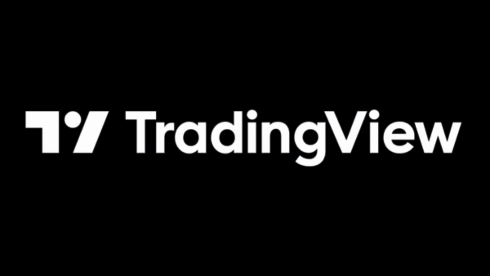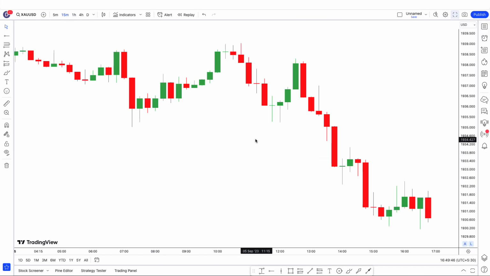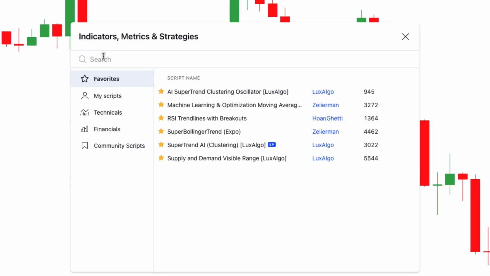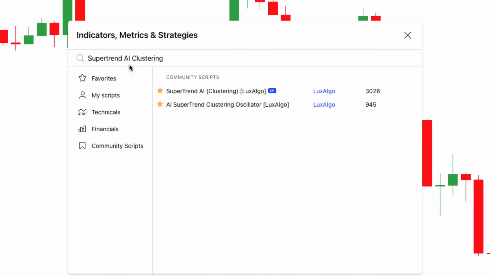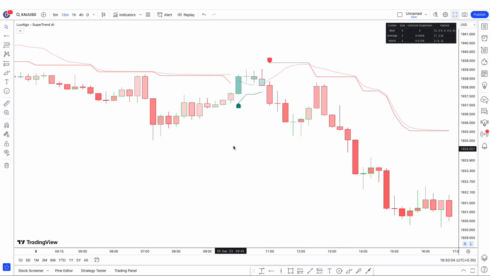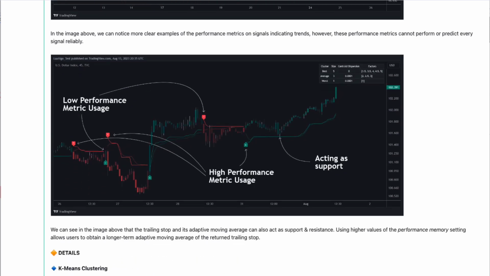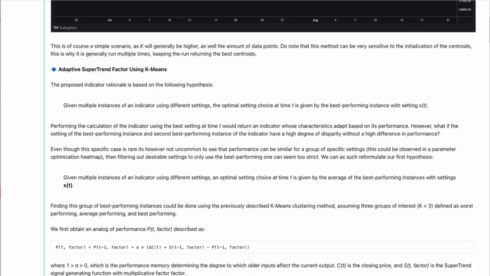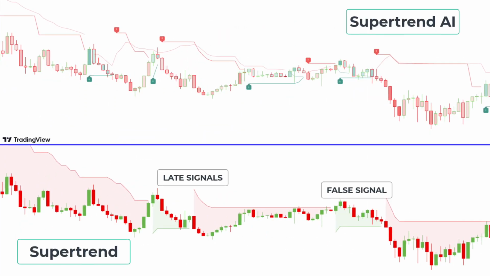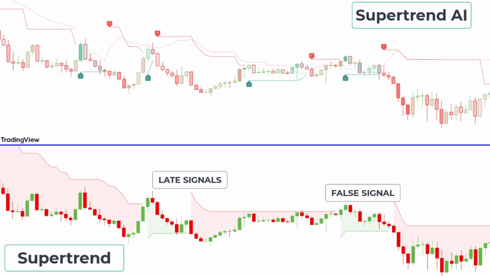Go to TradingView. Firstly, open the gold chart and 15-minute time frame. Click on the Indicators tab and find Supertrend AI Clustering. Click on it by FxAccurateUS. The developers have completely redesigned the Supertrend indicator using a machine learning technique called AI Clustering. Compared to the traditional Supertrend indicator, we can see how much better it is at finding trends and capturing those